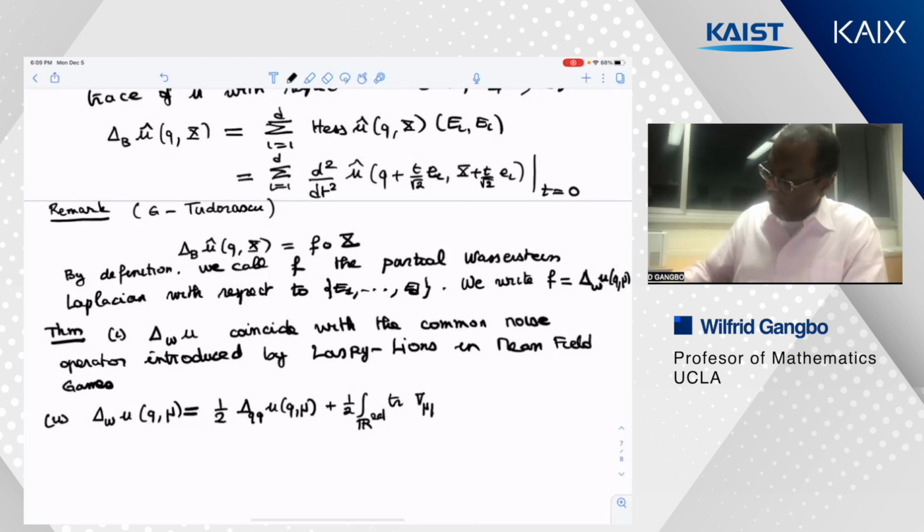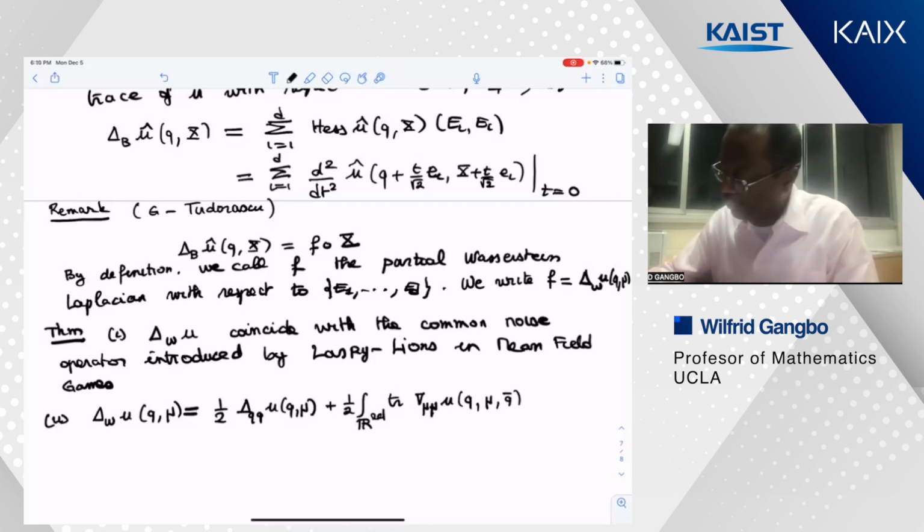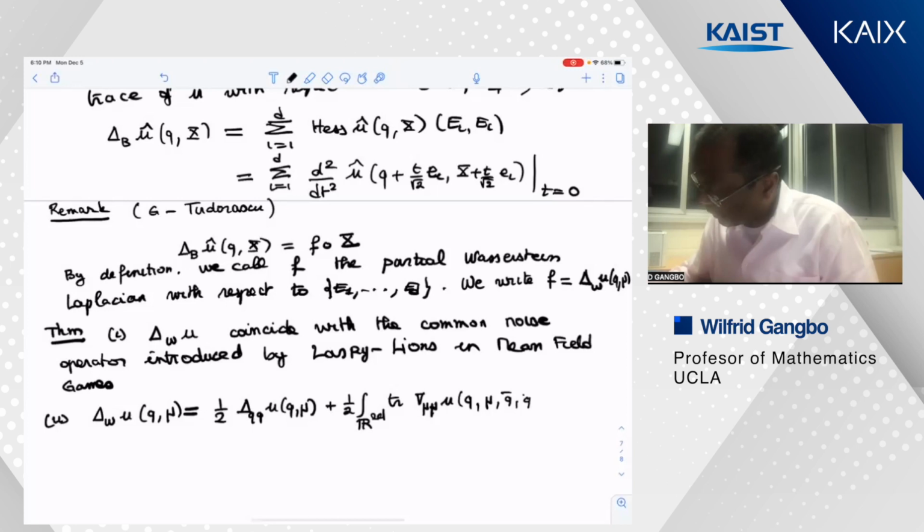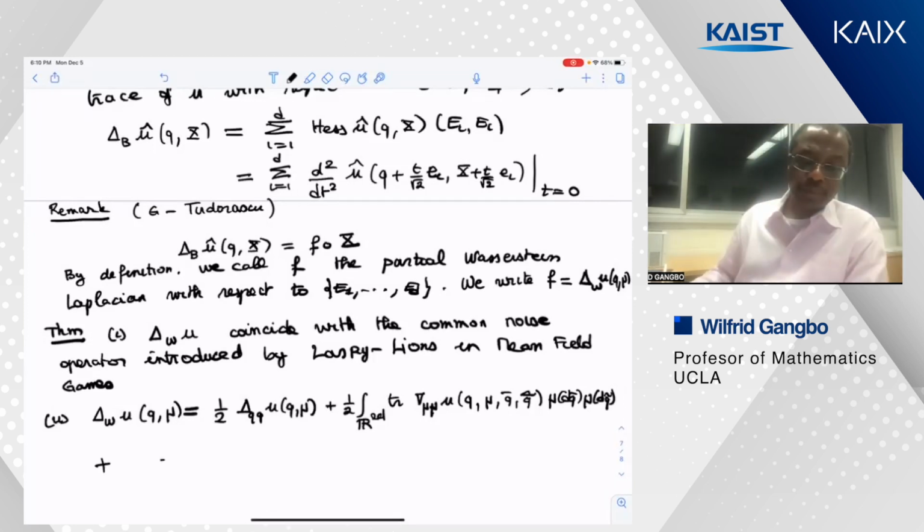You compute the Wasserstein gradient twice of U at (q, mu, q bar, q tilde), mu(dq bar) mu(dq tilde), plus 1/2 the integral over Rd